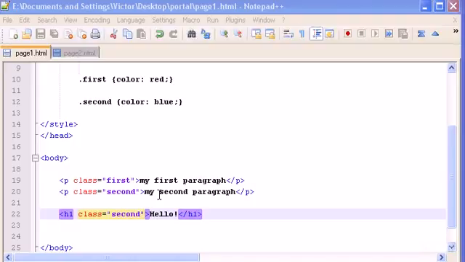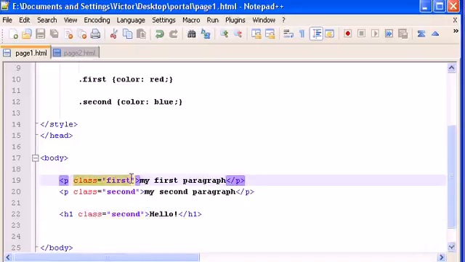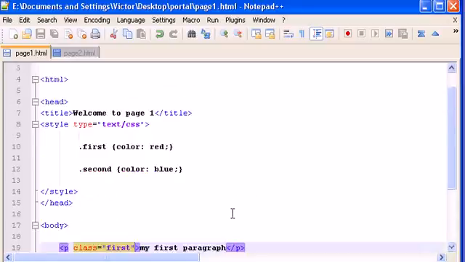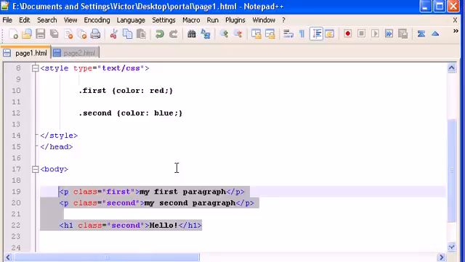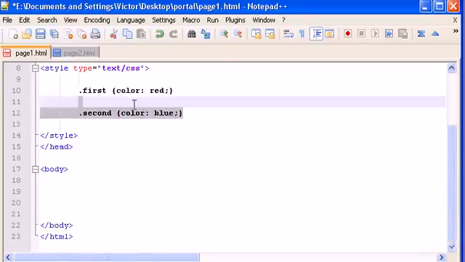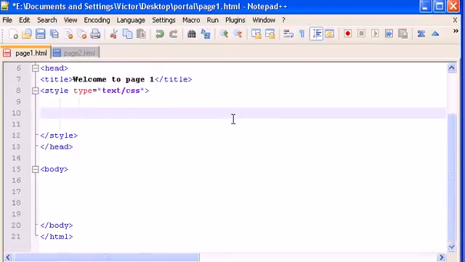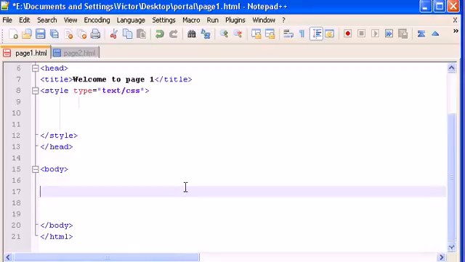Okay, so you can use the same class name as many times you want for different tags. Okay, so this is how classes work, and now I'm going to show you a similar technique which is called IDs. Okay, so IDs work similar way, but